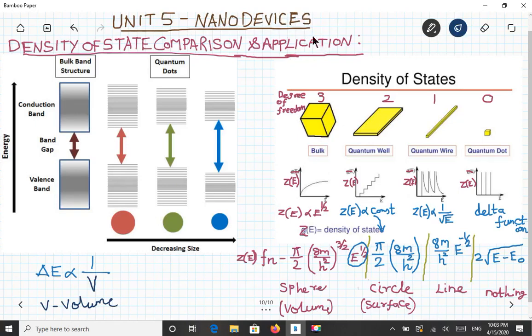There are three things in this unit. The first one is something called a quantum dot. The second thing: with this quantum dot, we are going to make devices. And the third thing we are going to see is called nanomaterials or nanotubes. So these are the main topics we are going to cover in this unit.